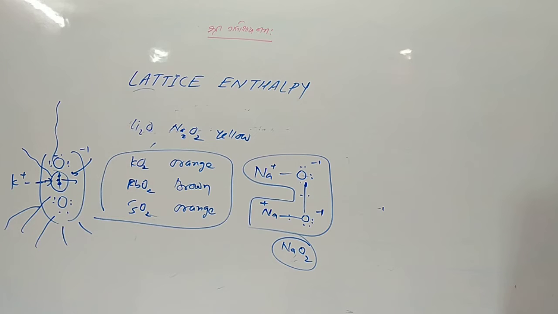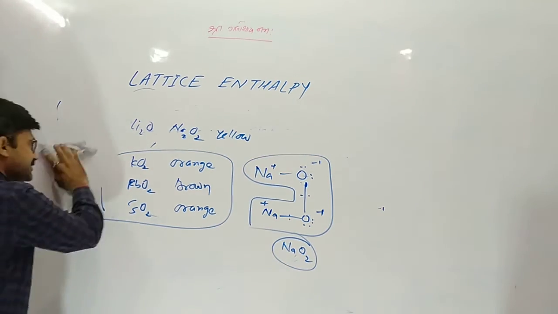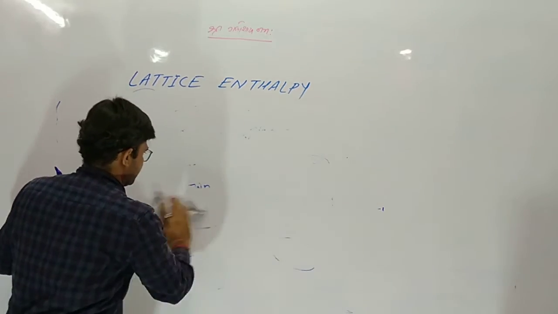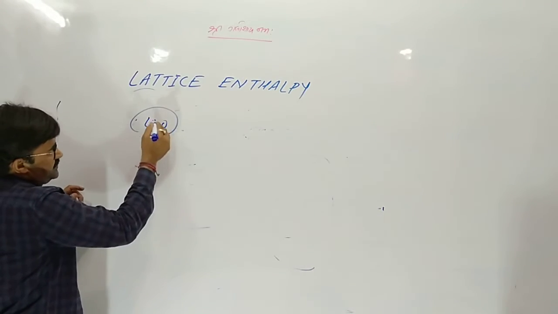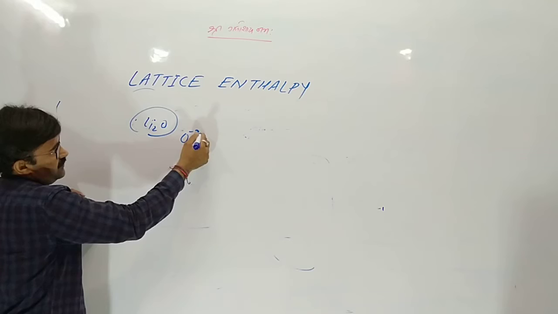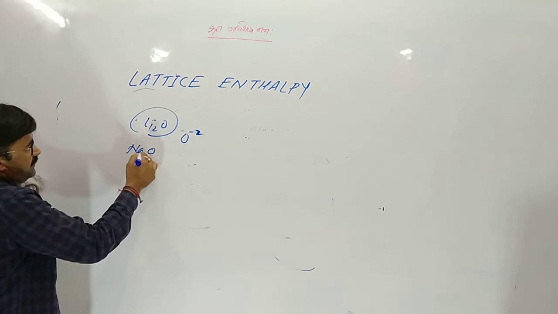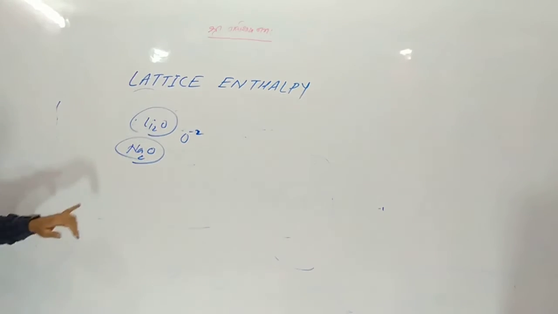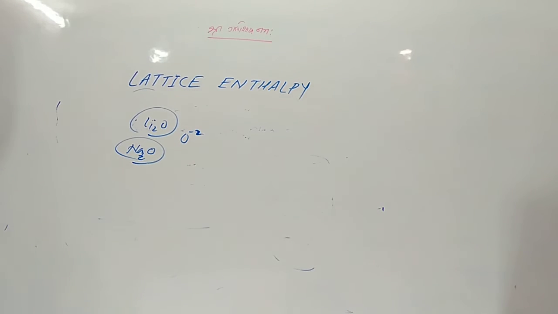Group number 1's oxides are colorless and diamagnetic. Oxide means a compound having O minus 2. Yes, this is oxide: oxygen having charge minus 2 means oxide. All the oxides of group number 1, like lithium monoxide, this one is not stable but unstable, but it occurs